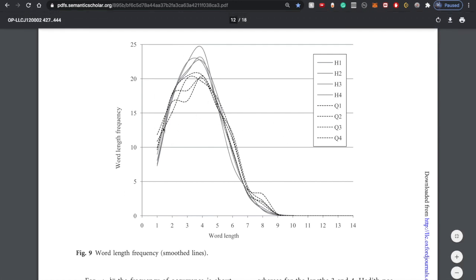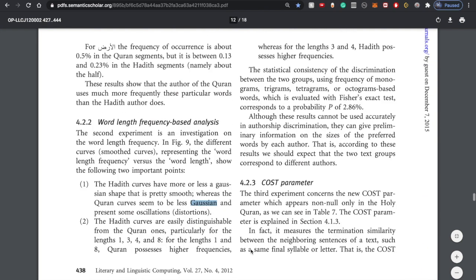But we do see something interesting in that the hadith ones are similar here. They're grouped together, and the Quran ones seem to be grouped together as well. Not only that, but we see, for example, the Quran ones have these different shapes. That's what they were pointing out. These different shapes, and the hadith you just get smooth curves, right? So in the hadith, when you follow this, you get smooth curves. In the Quran, you get oscillations like this. It's an interesting thing to see.